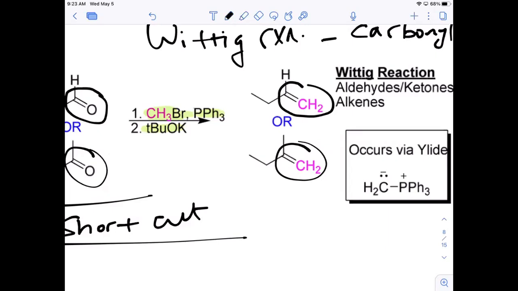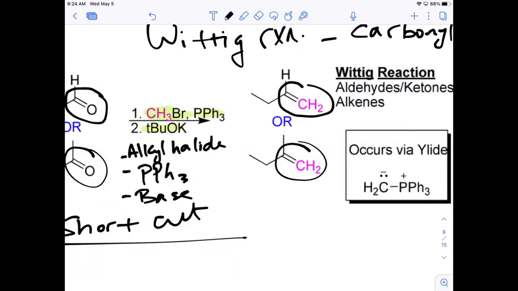You need an alkyl halide. You need a phosphorus source. In this case, it's triphenylphosphine. That's just 3 benzene rings around phosphorus. And then you need a base,